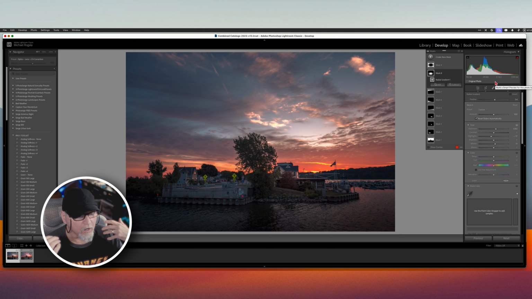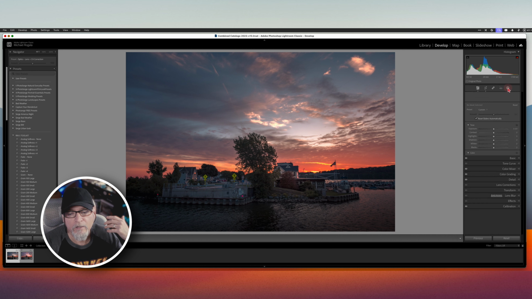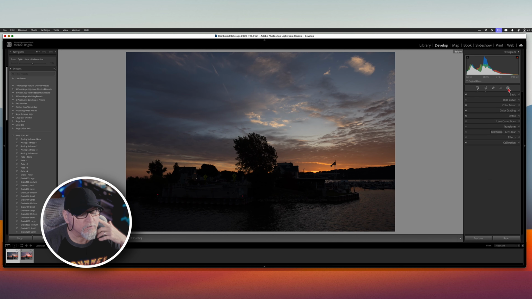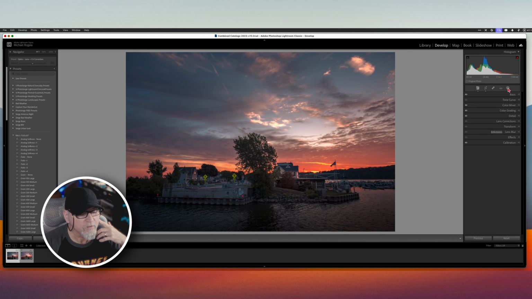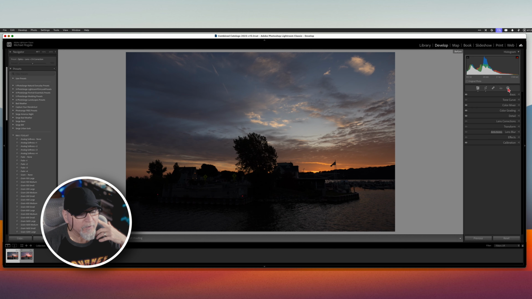Okay. You could do your before and after. So let me close up my mask here. Okay. So here's your before. That's what the photo looked like before. There's after. Okay. I mean, look at the difference. I mean, you couldn't even see the buildings. The sun was orange or yellow. Okay. It was very, very